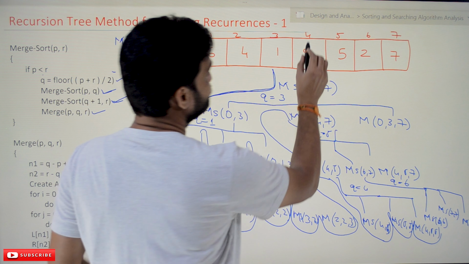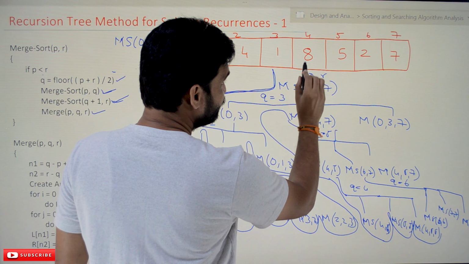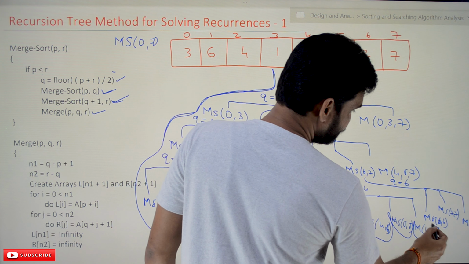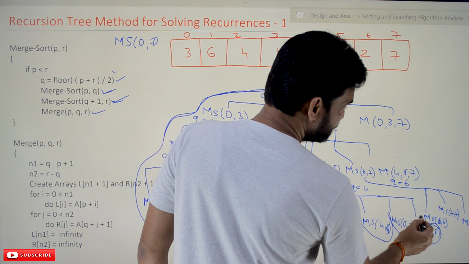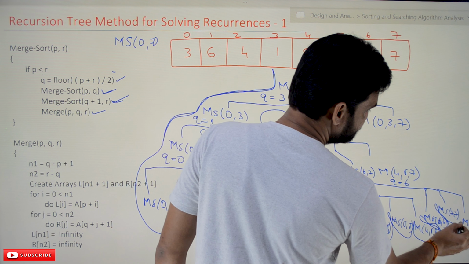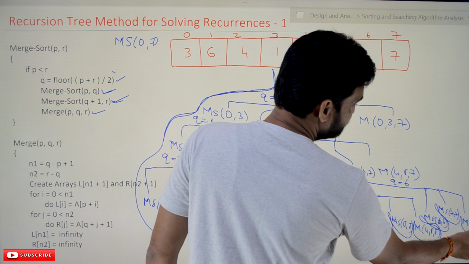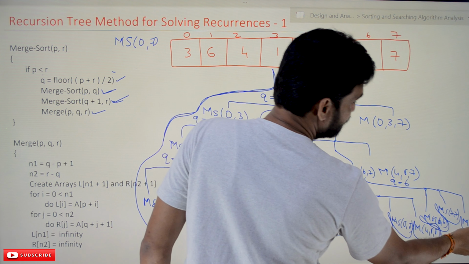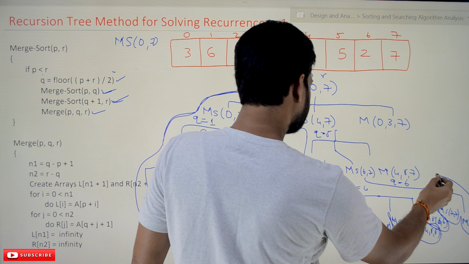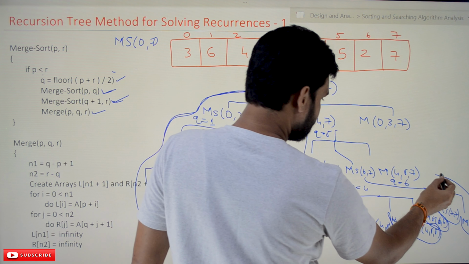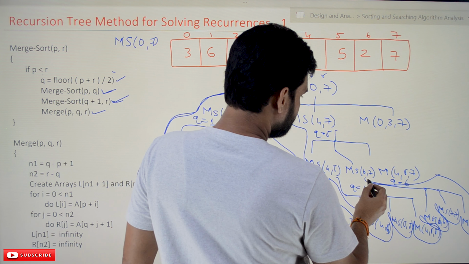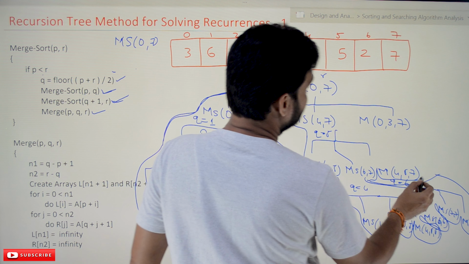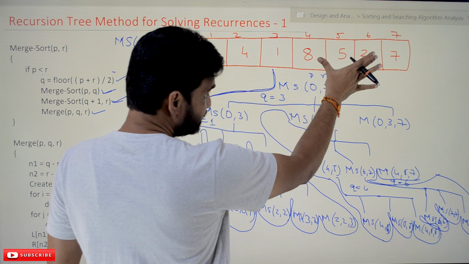4 comma 5 comma 5 means this is the part that will get sorted. So 5 will be here and the 8 will shift there. Okay, and the next one is ms of 6 comma 6, and after that ms of 7 comma 7, and after that ms of 6 comma 6 comma 7. 6 comma 6 comma 7 means this part will get sorted. Okay, and next, we are here, and this one will get executed, 6 comma 7. Okay, and after that 4 comma 5 comma 7. 4 comma 5 comma 7 means this entire part.